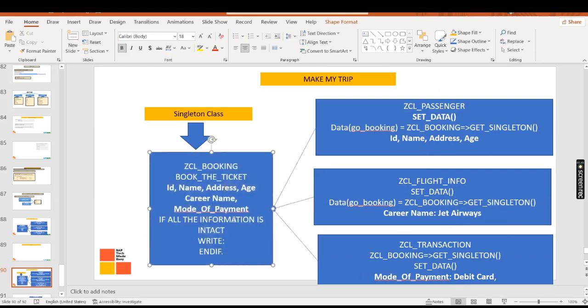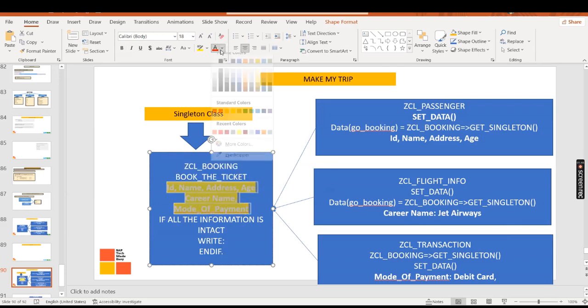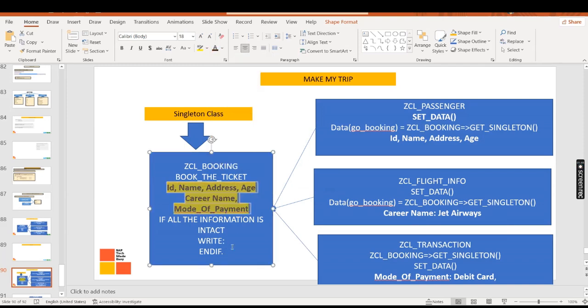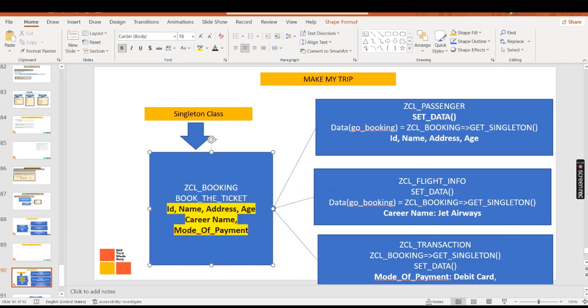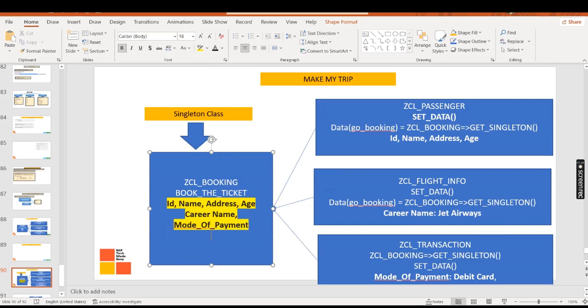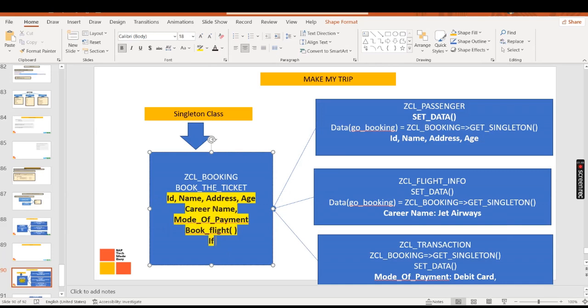And once all this information is captured, then what you have to do is, in the book method, you have to book it. So you create here one book method, book flight. You should have one book flight method, and inside this book flight method, if all the information you captured successfully,